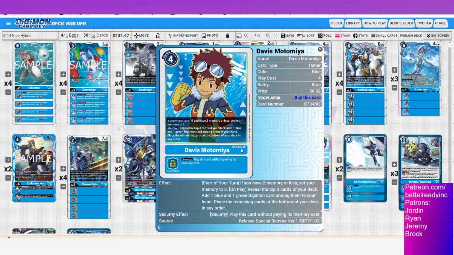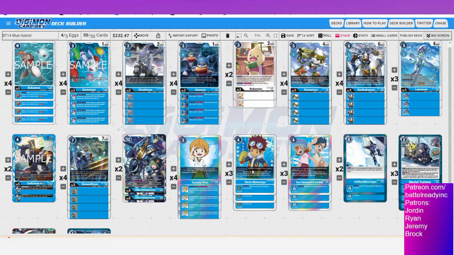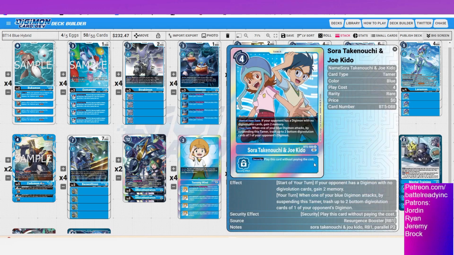Davis is just a really good memory setter for this because we're getting that search off on play dig, and then we now have a memory setter that's also a tamer, so it synergizes with all of our stuff. Still rocking the Sora and Joe. I did think about maybe changing these guys out, updating them, but it just keeps coming back